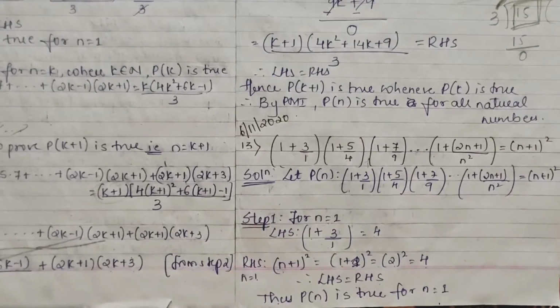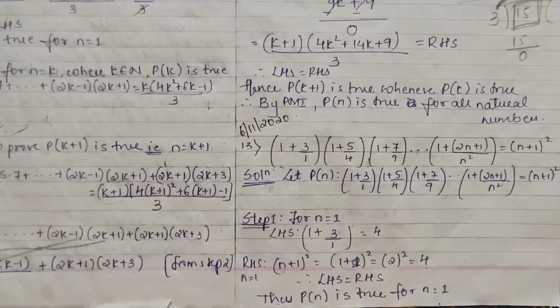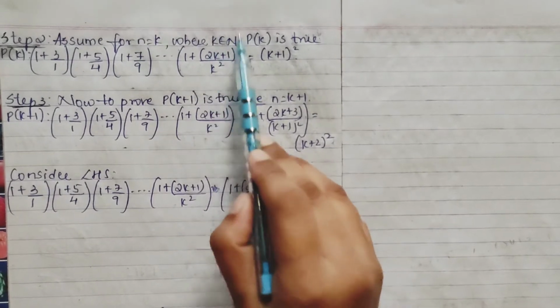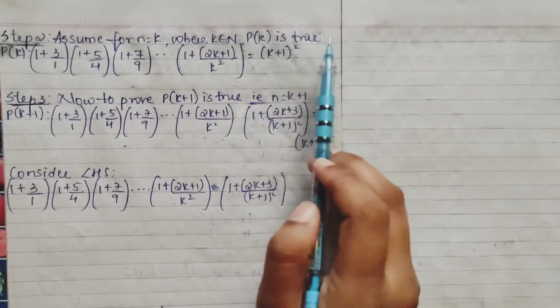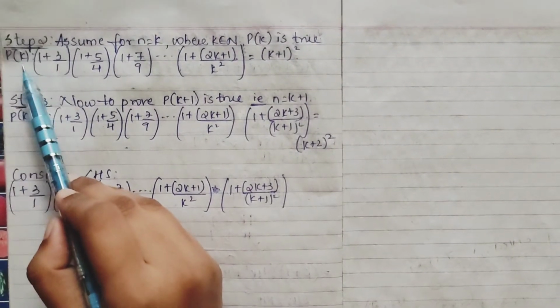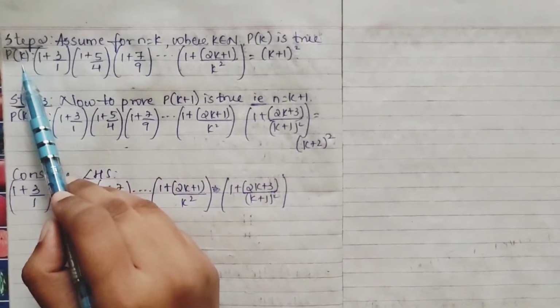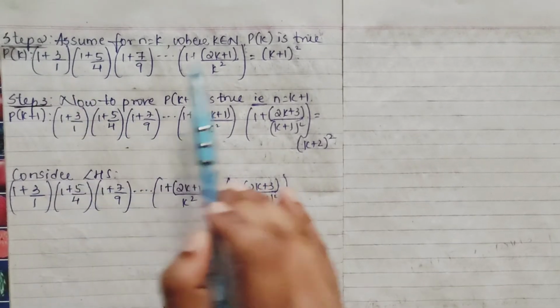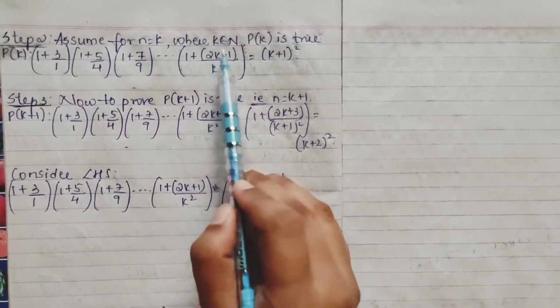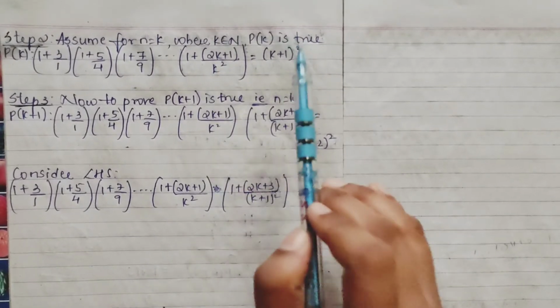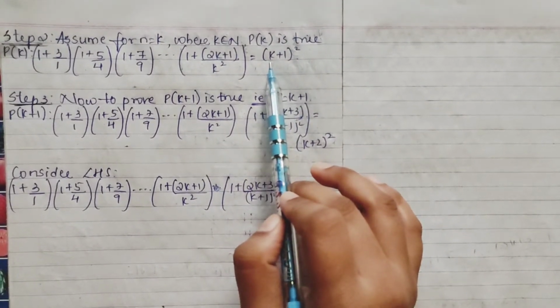Next step is our step 2, that we assume, right? So step 2, assume for n is equal to k, where k belongs to N, which means natural numbers, right? P of k is true. So your P of n automatically becomes P of k. Wherever n is there, we substitute just k. So P of k, write down the same thing. Here n is there, so in place of n it is k. Here also n square was there, so it is k square. Even your right hand side, (k plus 1) the whole square.